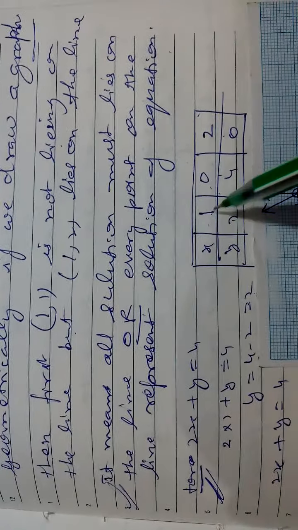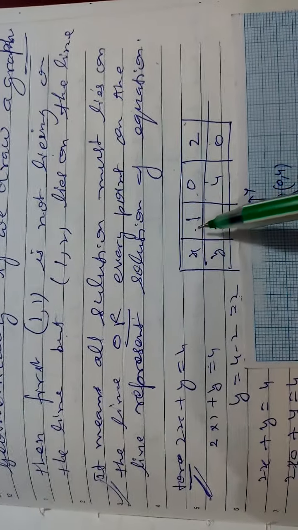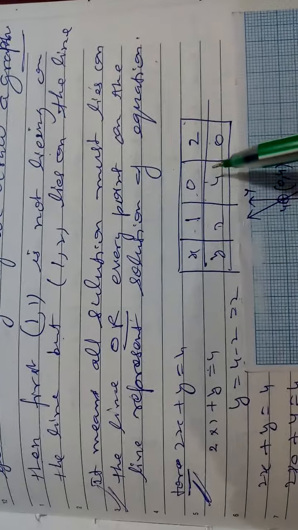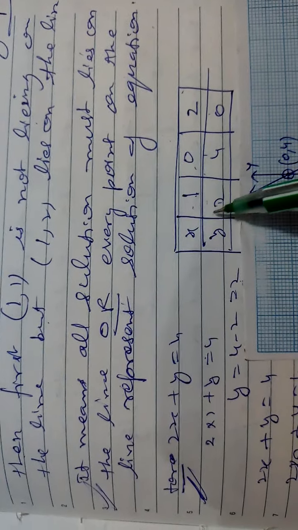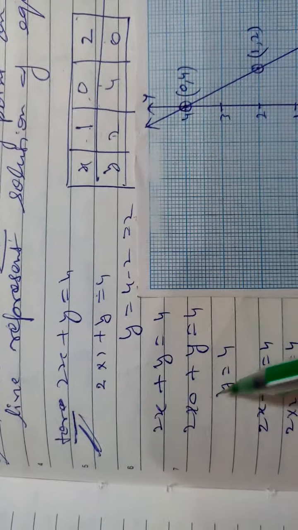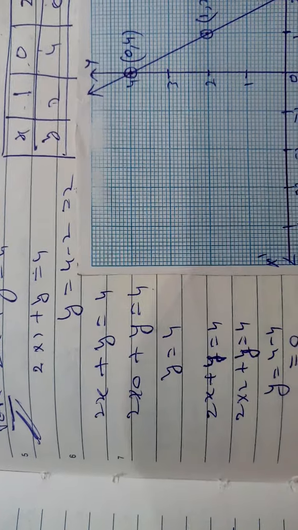So I am putting x = 1: 2 times 1 is 2, 4 minus 2 gives 2, so (1, 2). You can take x = 0 at your will. Any value you can take: plus 1, minus 1, plus 2, minus 2, any. If you take x = minus 1, then 2 times minus 1 is minus 2, minus 2 goes to the other side, plus 2, 4 plus 2 is 6. So for x = minus 1, you get y = 6. So like this I have got 3 values. x = 0, then y will be 4. x = 2, 2 times 2 is 4, 4 minus 4 is 0, so y is 0.